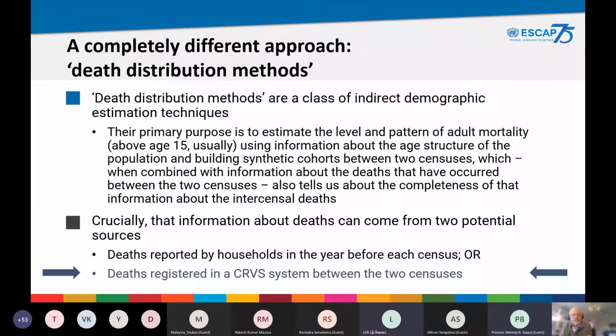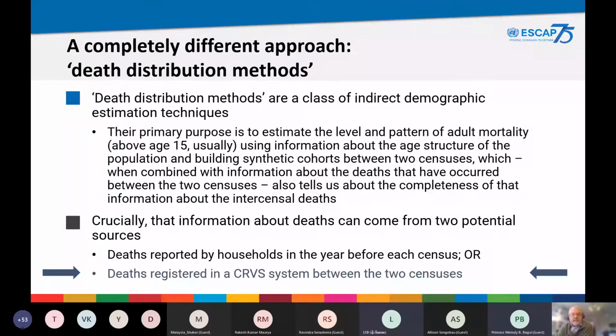those synthetic cohorts. And if we can then bring in that information, not only about the migration, which you'd expect in that cohort, or you've got some other estimate of migration in that cohort, we can then work out effectively what the deaths in that cohort must have been and compare that with what we have about information of the deaths that have occurred between the 2 censuses. And that information will then tell us about the completeness of the information about the deaths between the 2 censuses,